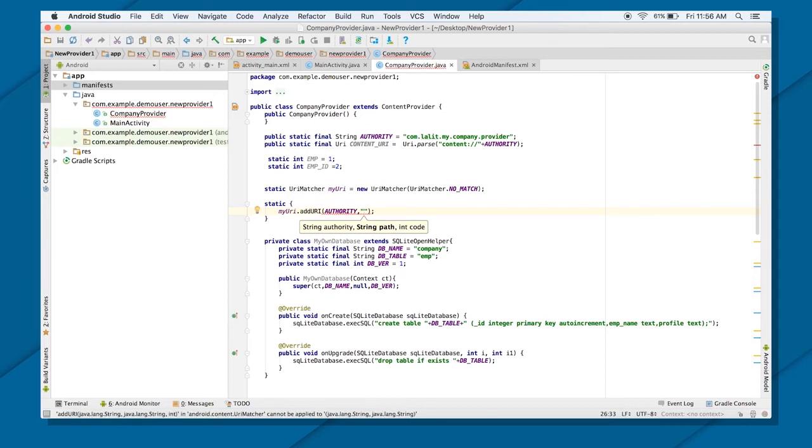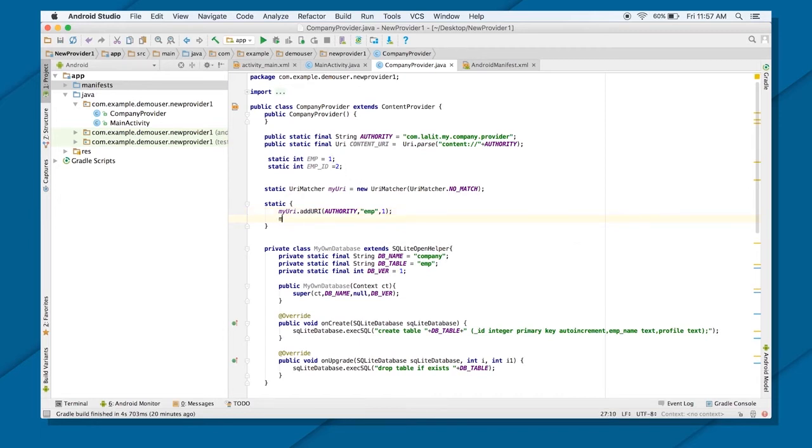You can just put the table name, let's say EMP, and then you have to put what? You have to provide the code to access this kind of URI. This will give me the access of the whole table. I'm providing an integer value, a kind of request code to distinguish between different URIs.